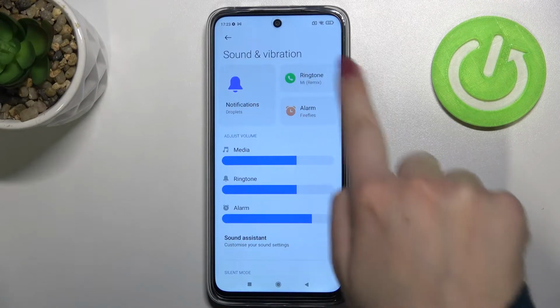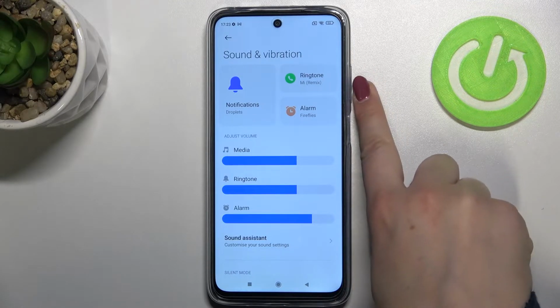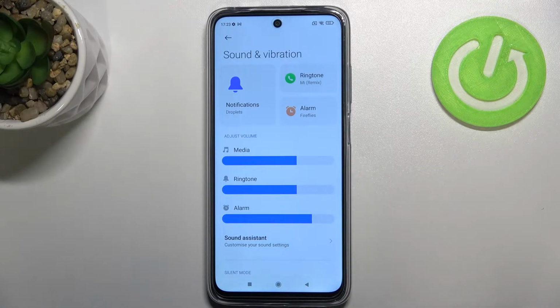And as you can see here, we've got a whole ringtone section. We can change the ringtone for notifications and it is, let's say, the biggest and the most highlighted option, but also for the phone calls and the alarms. So it doesn't really matter which one I will pick, it will work the same with all of them. So let me pick, for example, the ringtone